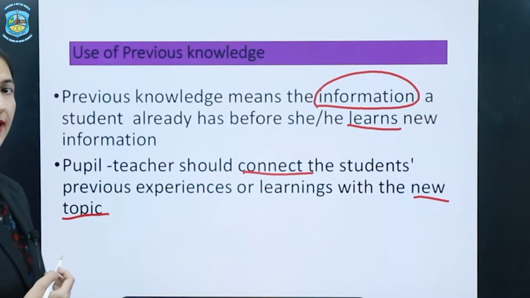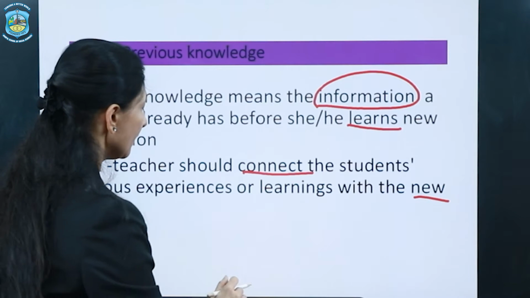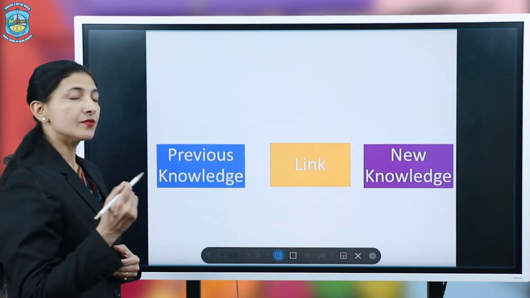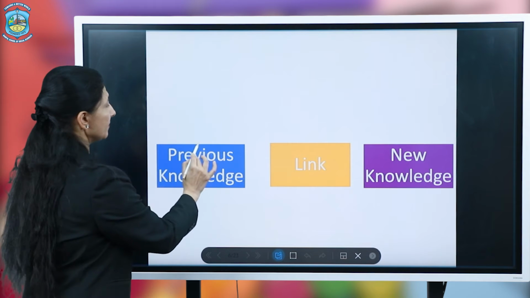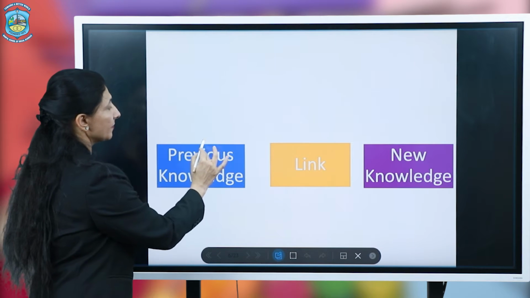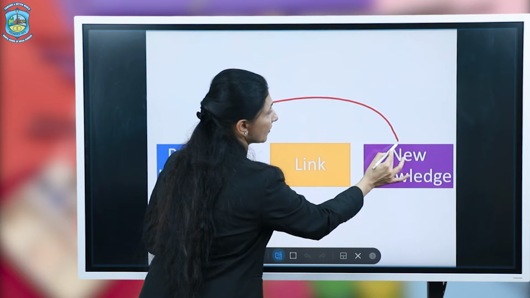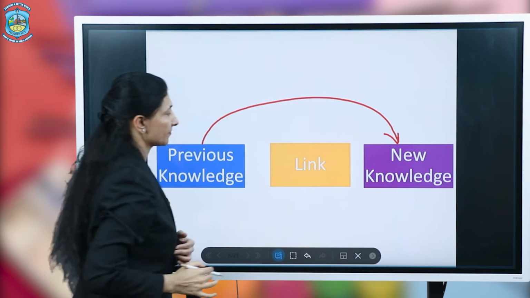We can simplify this: we are linking the previous knowledge with the new knowledge.